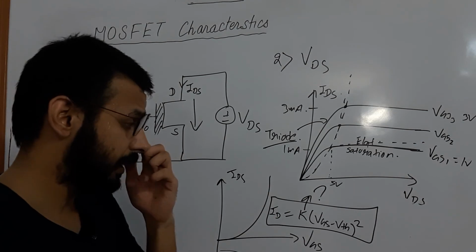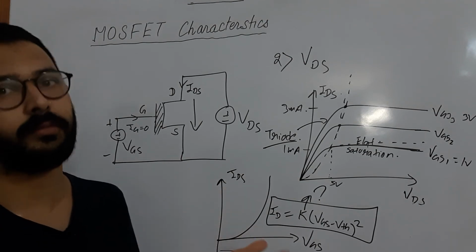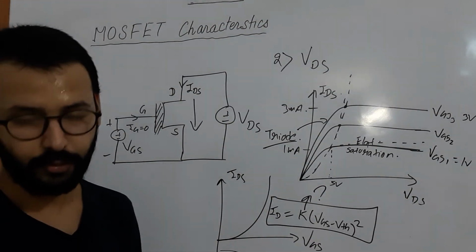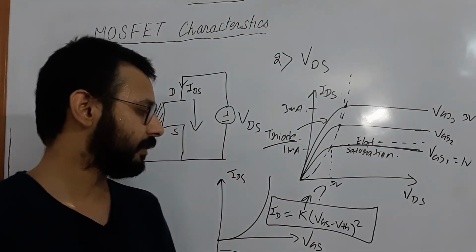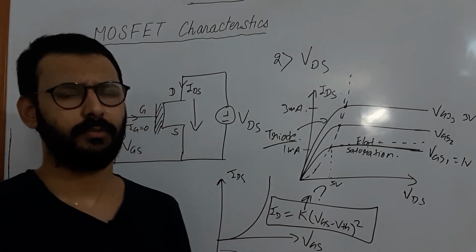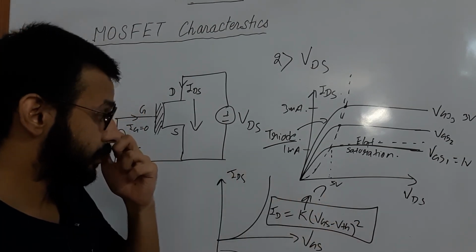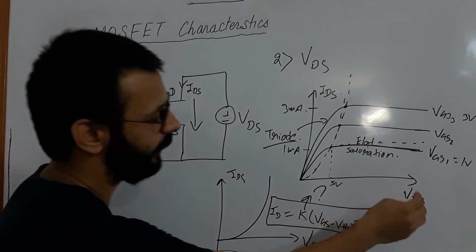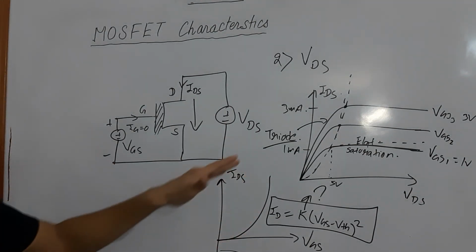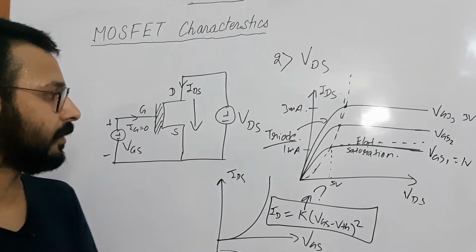K's value totally depends on the MOSFET parameters like width, length, and some other factors also. I am not talking about K right now, just take it as any constant value. In the next lecture or maybe later, we will discuss what K is and how we can modify the current equation. There are so many complications that we are not talking about in this lecture. This is a very simple representation of the VGS swap and the VDS swap, how we can draw the current, with only 2 voltages, VGS and VDS. So this is a simple thing. I think you already got the point. Okay, thank you.